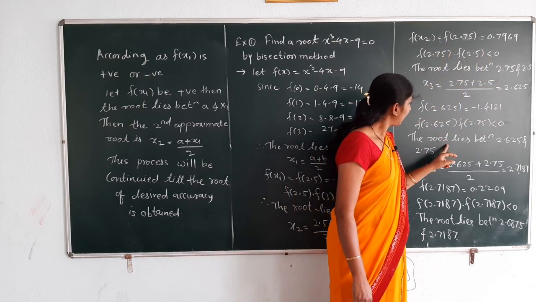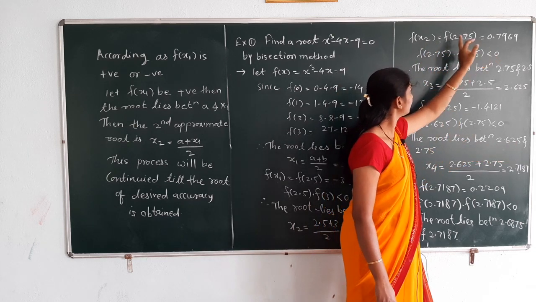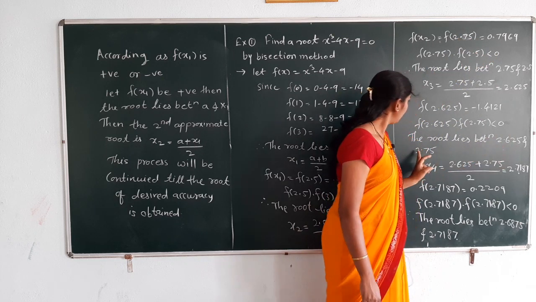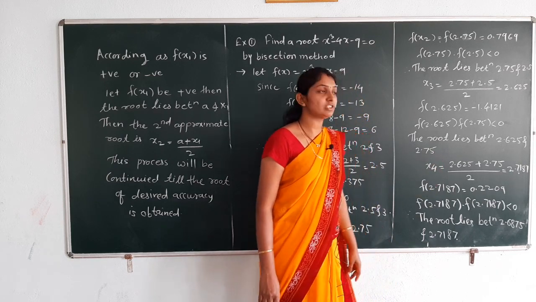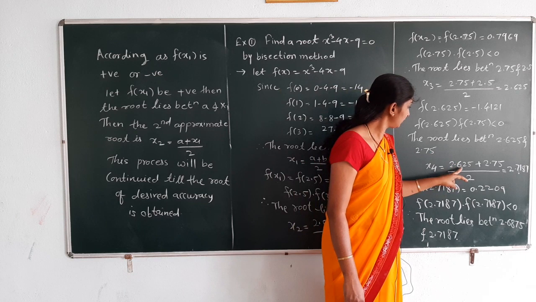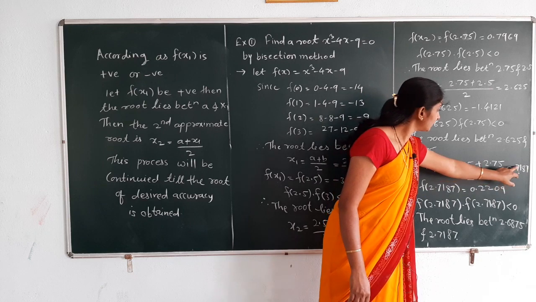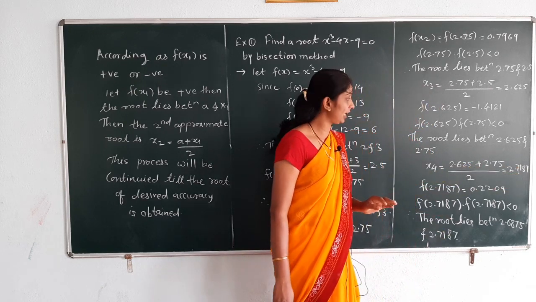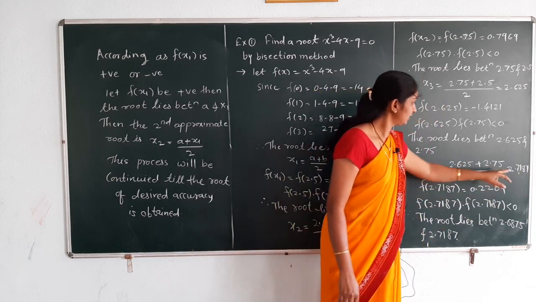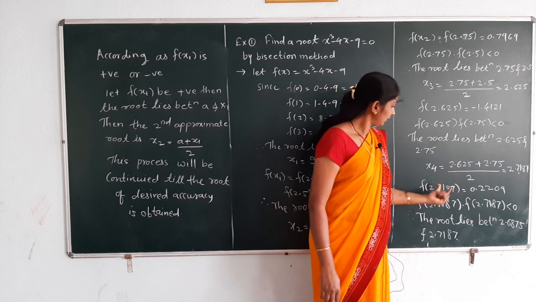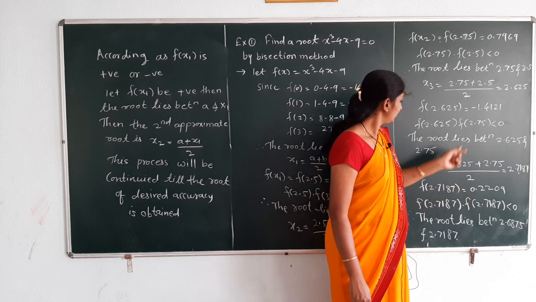Therefore, the root lies between 2.625 and 2.75. Here our fourth approximation root, that is x4, is equal to (2.625 + 2.75) / 2, which is equal to 2.7187. By calculating this value, we get x4 is equal to 2.7187. Then we calculate f of x4, that is f of 2.7187, is equal to, using this value we put in the function,